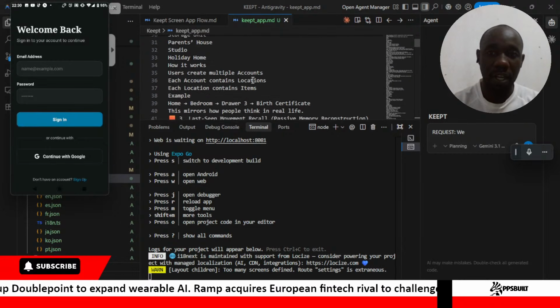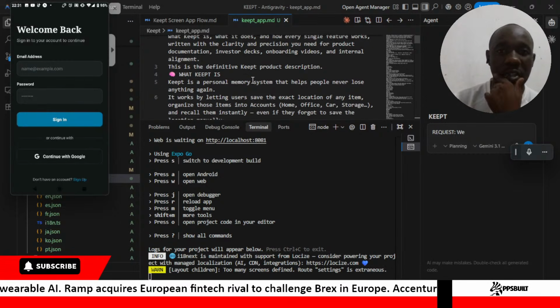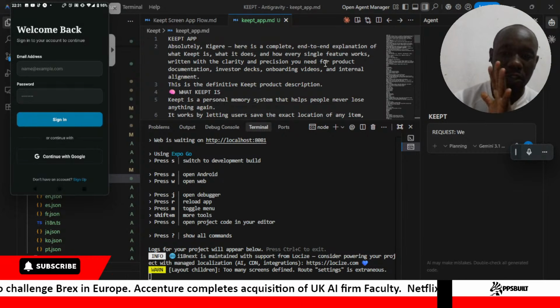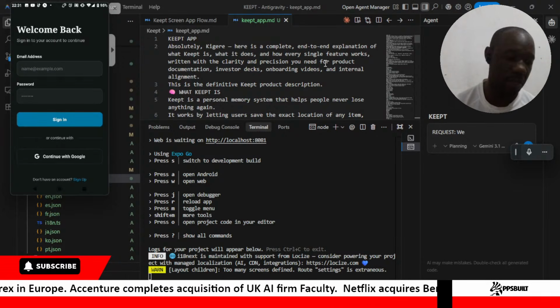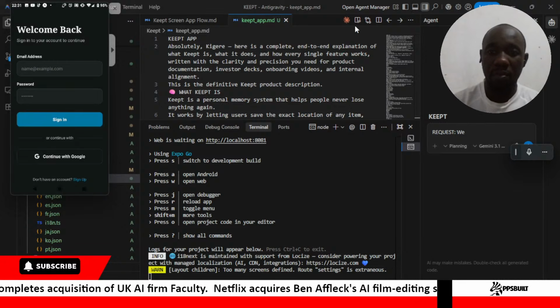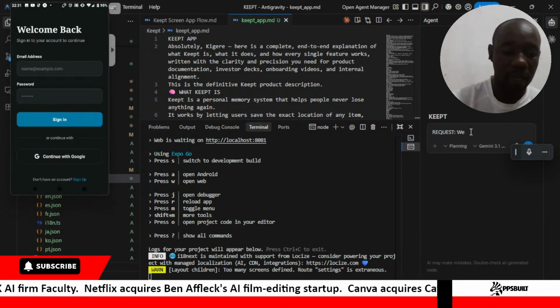So we have a layout of most of these screens that we've already set up. What I want us to do initially is set up the initial layout of all the screens, and then from there we shall be refining from screen to screen and making modifications as per each screen. So let's create a prompt.